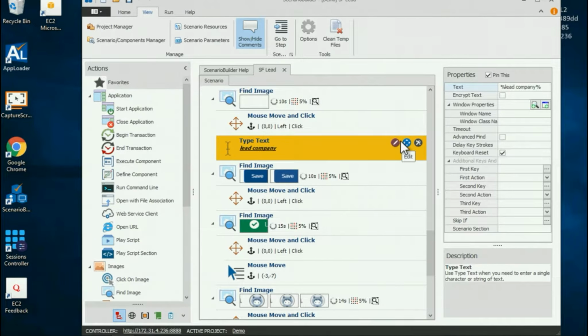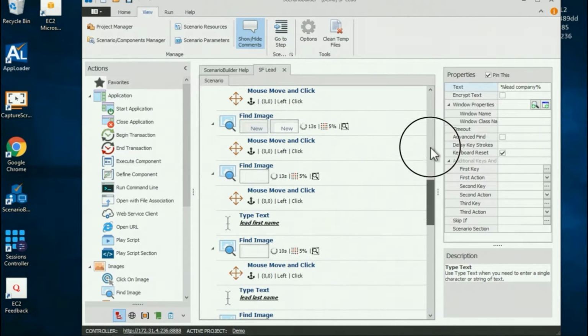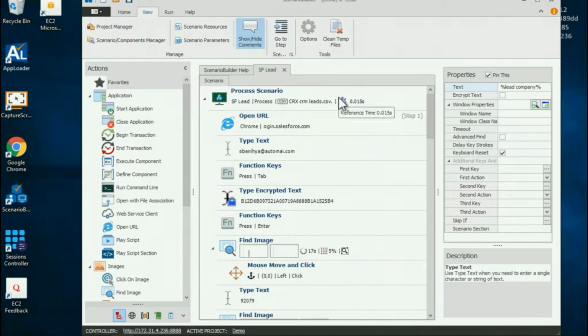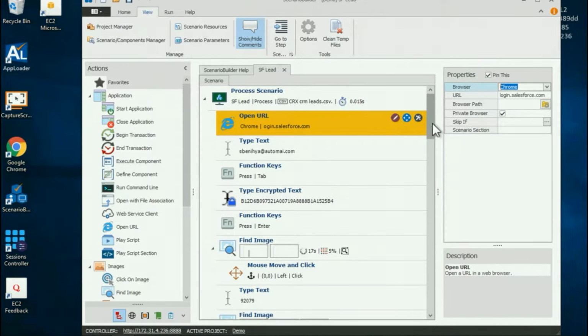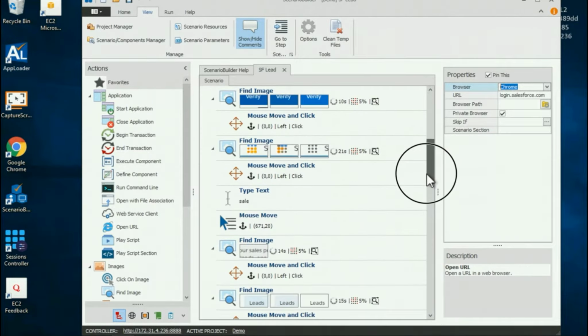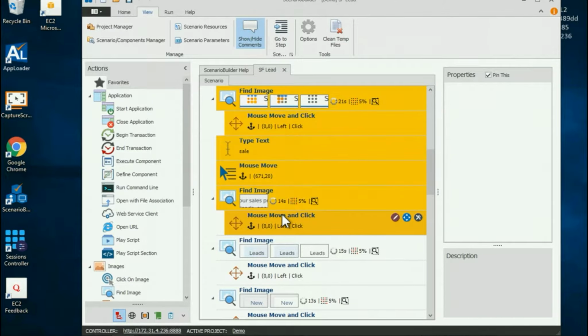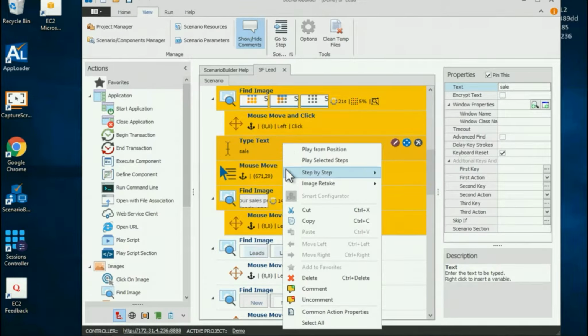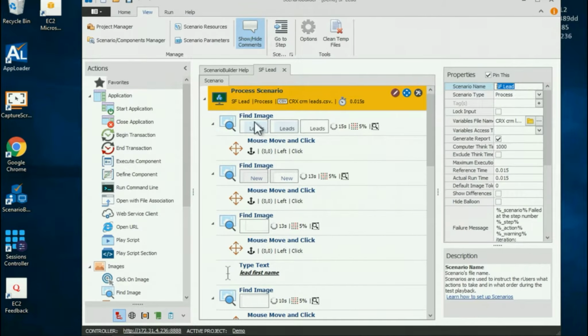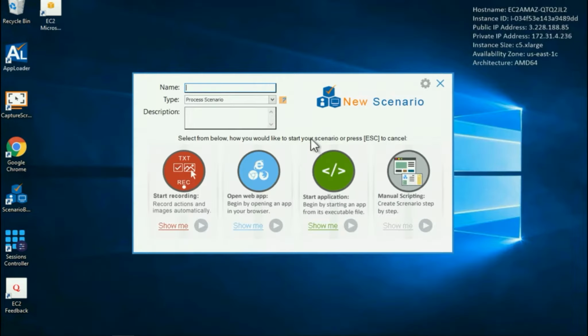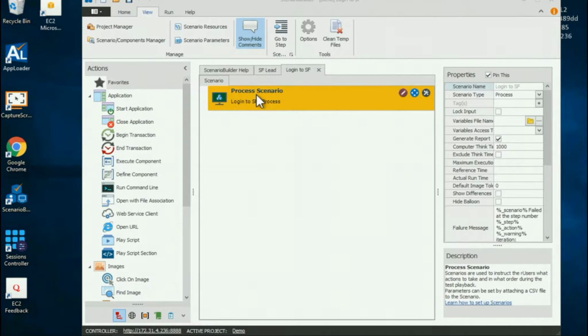The last thing I want to do is to split the script into three scripts, because we have a login step that is the same for everyone. So whenever I'm logging into Salesforce, I'm just going to select the actions, cut, and then come back here, create a new script. That would be login to Salesforce. I'm going to select manual scripting and just paste it here